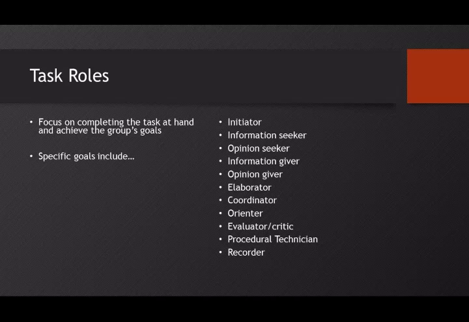So all of these roles are behaviors that an individual takes on to help the task move forward, or to help the individuals in the group stay on task to meet their goals. Anything that has to do with achieving the group's goals will fall under a task role. I've listed specific group goals here, and it's important for you to go back to the book and look at the different types of task roles and remember what they are specifically.